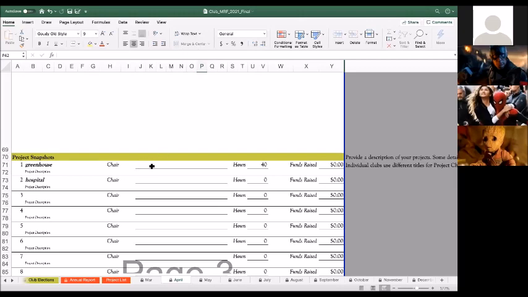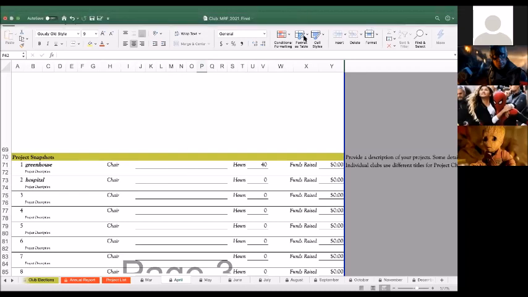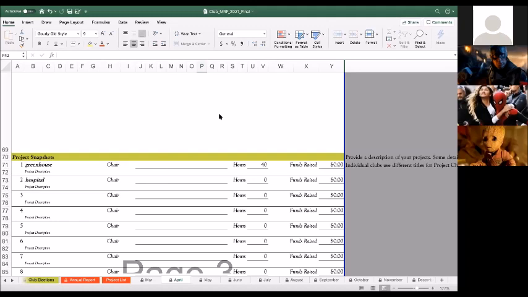If you have a greenhouse or individual service hours, put the name of whoever the coordinator was, or if you're helping a teacher, put the name of the teacher there. Where can we find this template? It should have been emailed to you, but even if it's not, you can always find it on the CNH website. And so starting now, we just removed the 2020 seniors from our rosters. Yes.